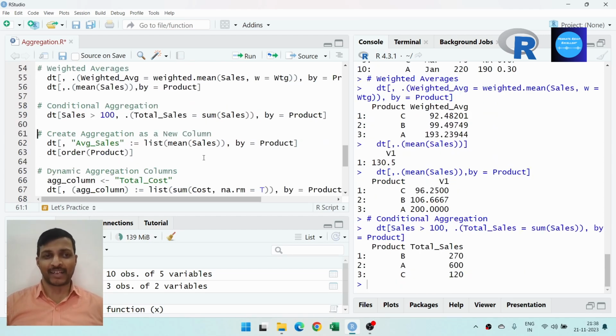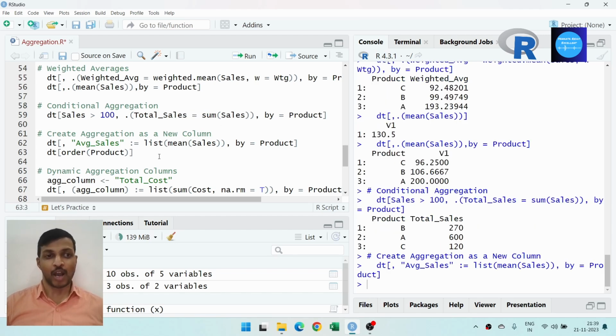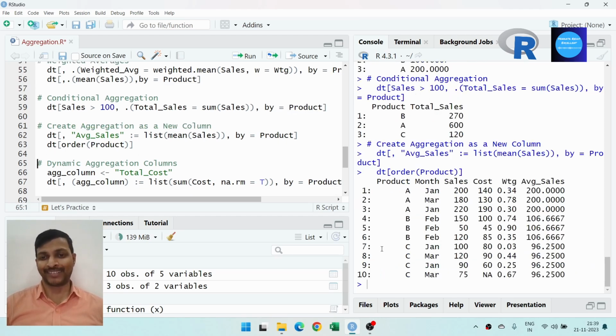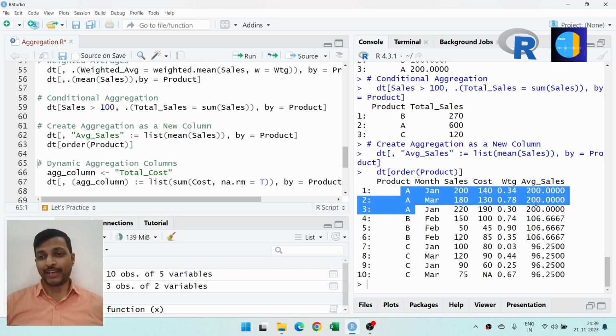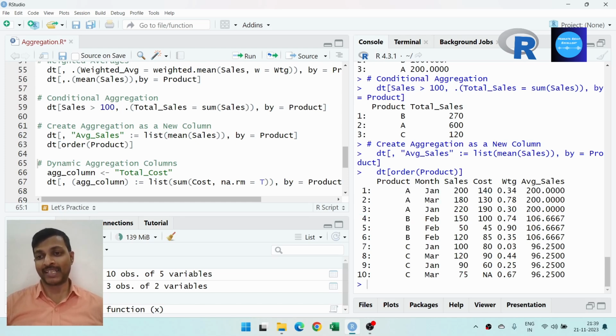Now, let us create the aggregation output as a new column in the main table. To create or update any columns in our data table, we will be using the colon equals operator. Left side we will give the column names and right side we will give the values. Let me execute this and see the output. Here, for our convenience, I am showing the output by sorting product. Let me execute this and see the output. Now product-wise, it is showing the average sales and the same number is being shown against each record